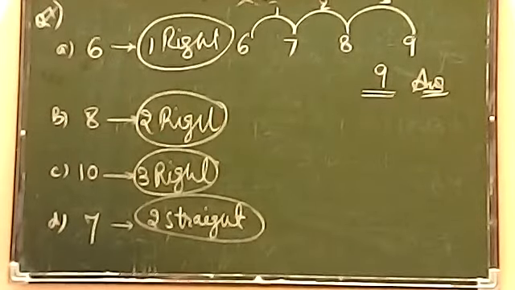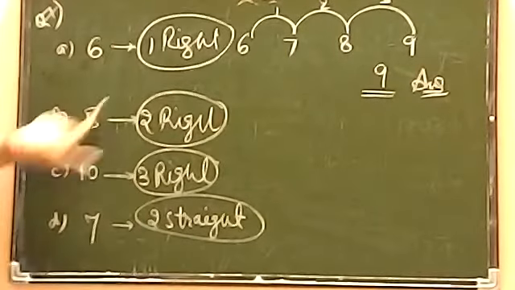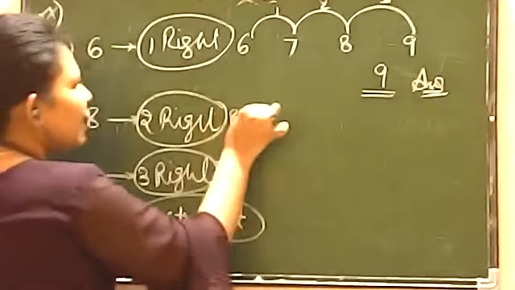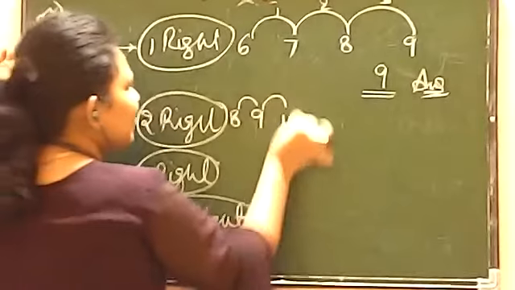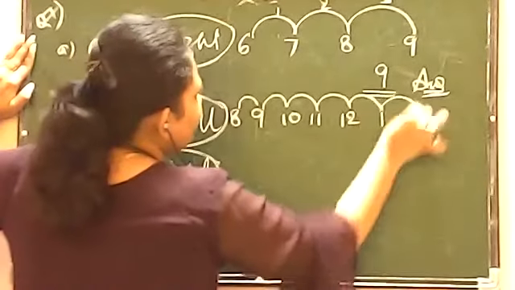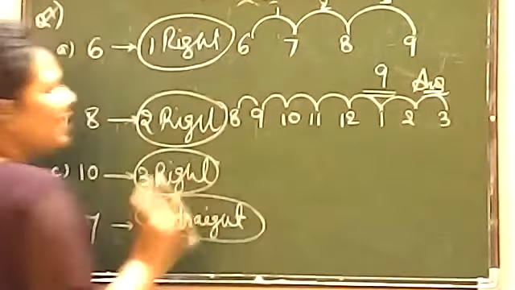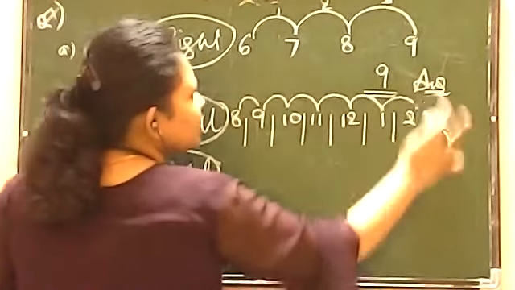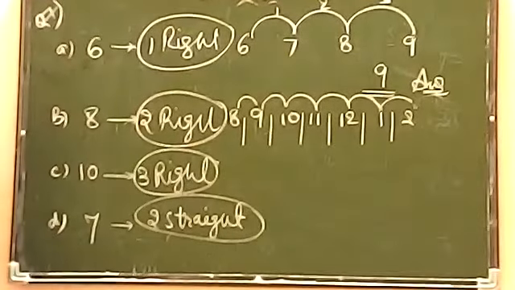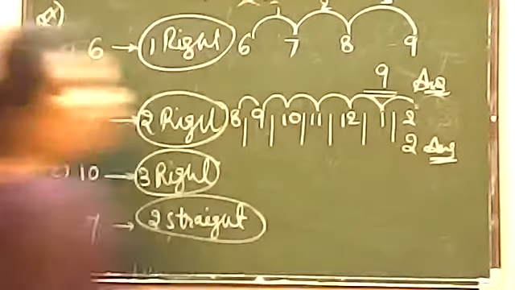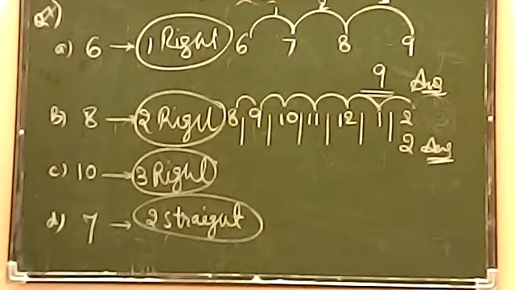Now move on to the second one. It is telling 8 is the time, 2 right angles. 2 right angles means 6 steps. So 8 पर है, 8 से 9, 9 से 10, 10 से 11, 11 to 12, 12 to 1, 1 to 2, 2 to 3. Now let's count 1, 2, 3, 4, 5 and 6. 6 यहीं पर finish हो जाएगा 2 पे. Okay, 8 to 2. You will have the answer 2 now. You have to only count the steps बेटा. ठीक है? Steps ज़्यादा नहीं होना चाहिए. 6 steps.